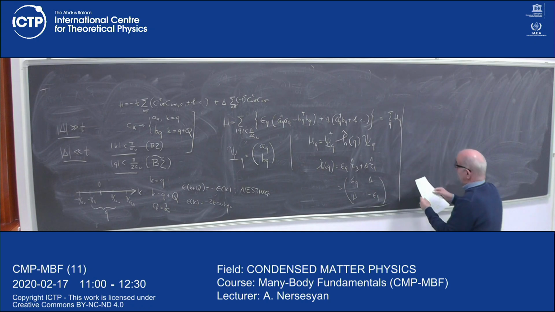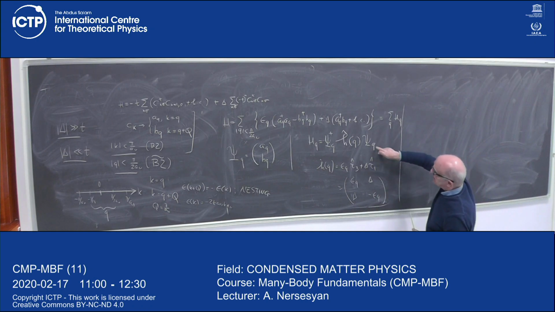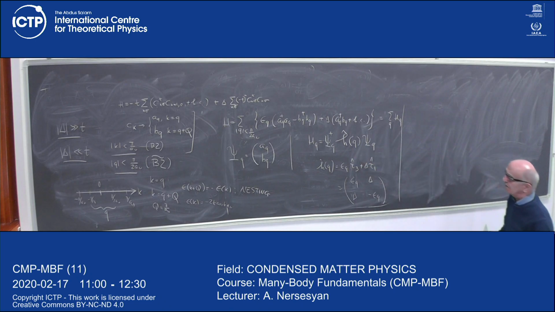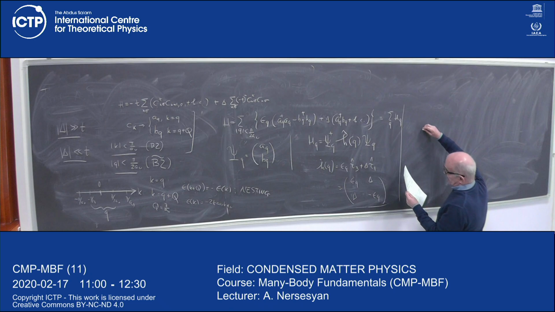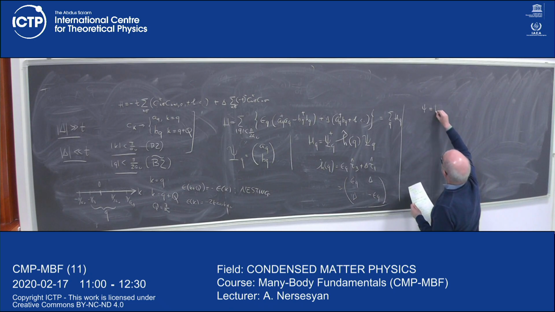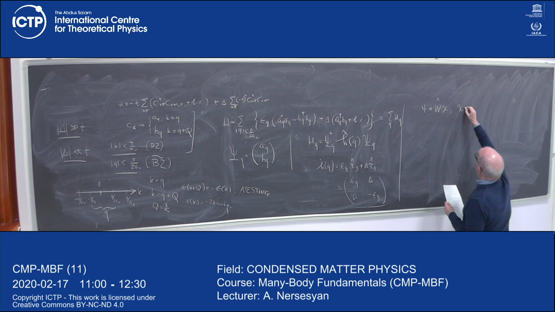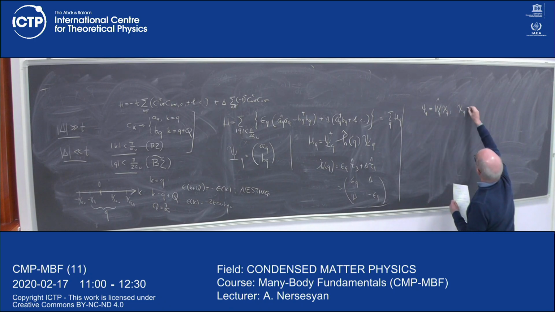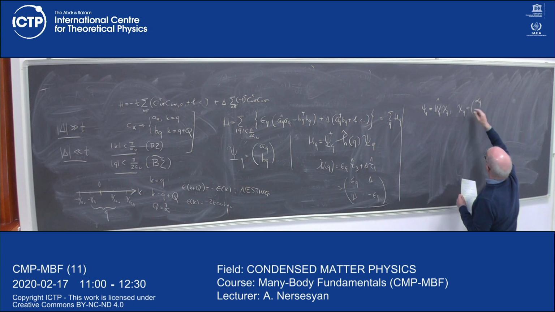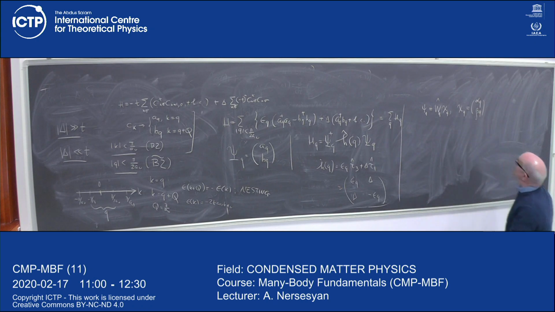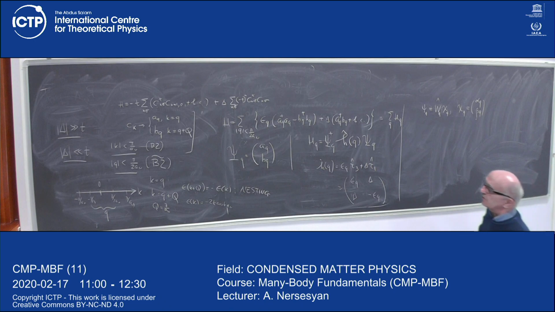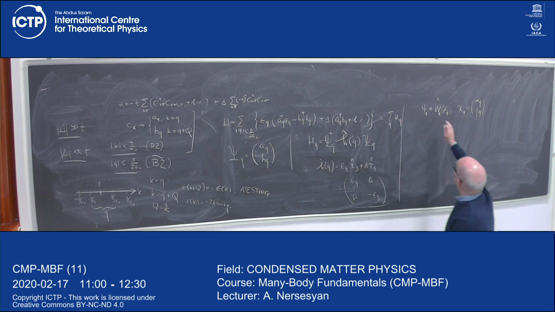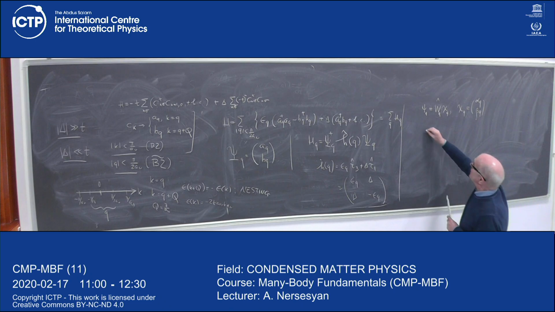What we did, we said the following. I will suppress Q because Q appears here as a parameter, nothing else. I will simply introduce an SU2 transformation. This new chi is, well, in this instance, let us keep this alpha Q. And here I have a spinor built of two components, not A and B, but alpha and beta. It's a new basis. So this is the original one, A and B, and this is a new one, alpha and beta, and this is a rotation matrix, the SU2 matrix,